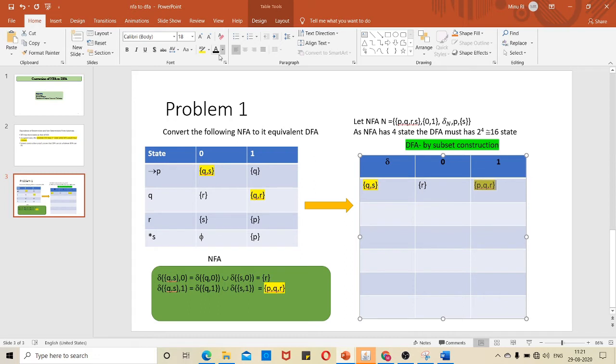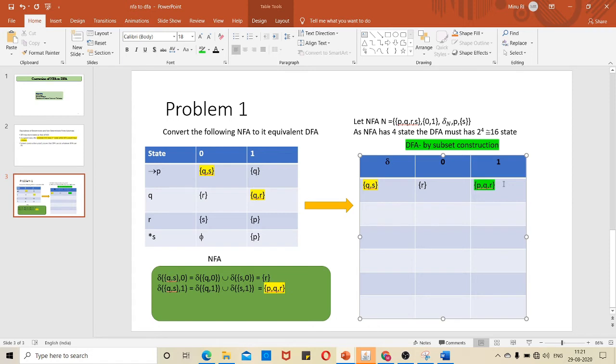So I think let me give another color because I already used this yellow color. Okay, fine. Likewise, we don't need to write all these steps. In a university exam paper, if it is a 13 or 12 mark question, we need to write this transition. But for an objective question or that kind of question, those transitions are not written. Just by seeing this table itself we are able to write it. How we can write it, I will show you now.